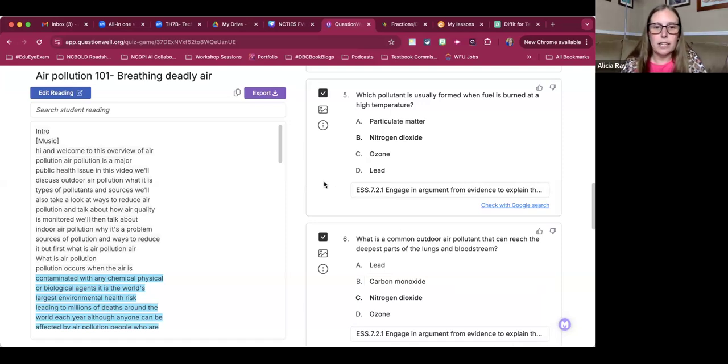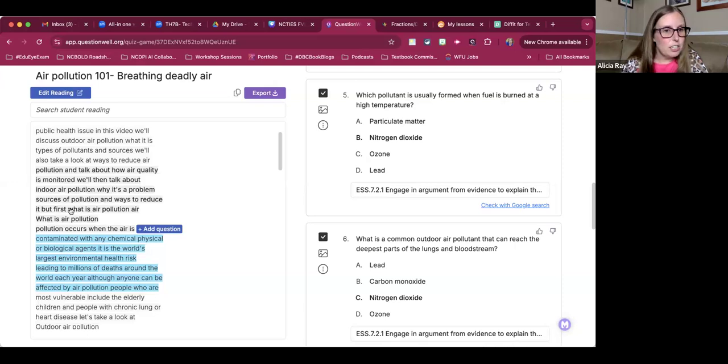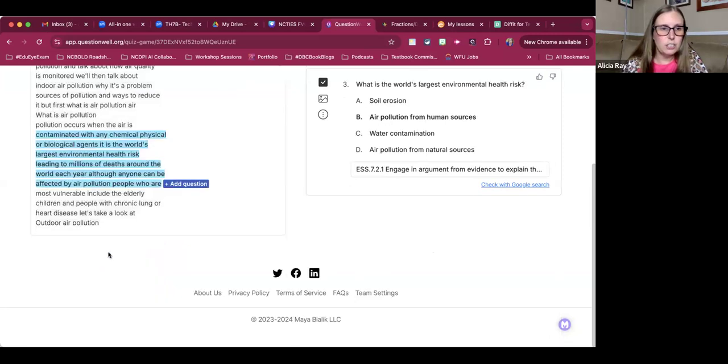You can click on any section that does not have a question, and you can add a question just for that section. I can click on a section that's already done, and it will show me where that question would be. So like here, it's talking about the world's largest environmental health risk, et cetera, et cetera.